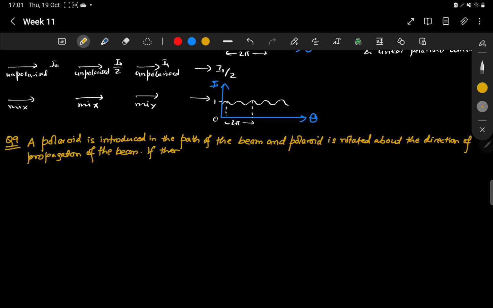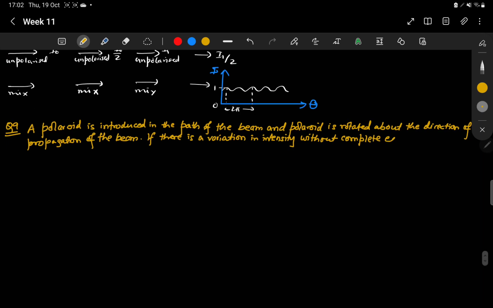If there is a variation, this time there is a variation in intensity without complete extinction, then the correct statement will be